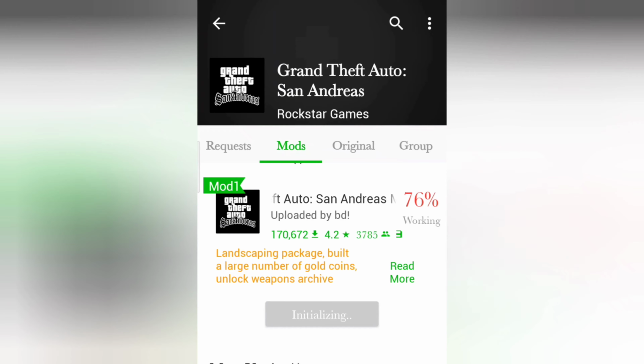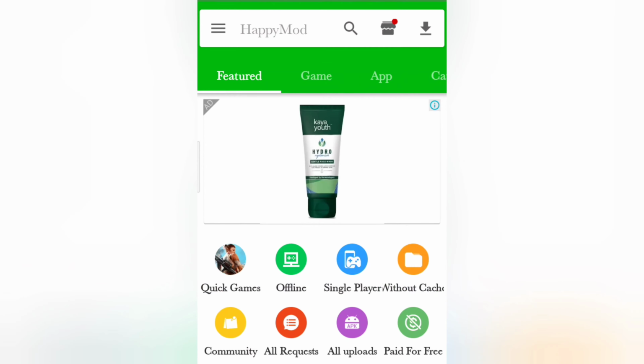As you can see, this is 1.7 GB. This is the one you should download. There are many options like 400 MB, 500 MB. No, you should download the 1.7 GB itself, the first mod itself. Since you have downloaded the original app, it will extract the mod application. So you just have to download it. Everything will happen on its own. Just watch the video, you'll understand.